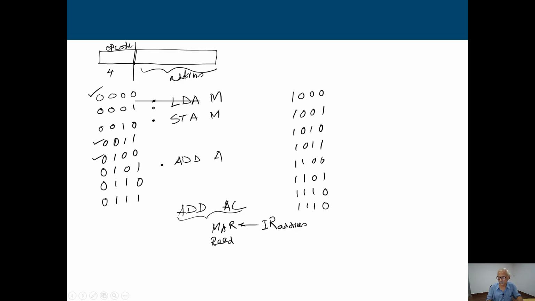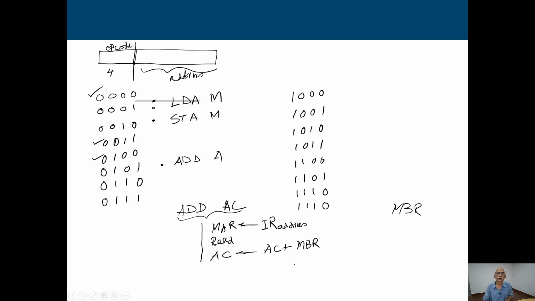After completion of the read, data will be available in the MBR. Now, already we have some value in the accumulator, so accumulator equals accumulator plus MBR. Okay, so basically in a nutshell we have these 3 steps, but to perform this particular operation we may need some more micro steps, because otherwise we are going to have some data conflict. All those issues will be discussed when we discuss the design of our control unit.